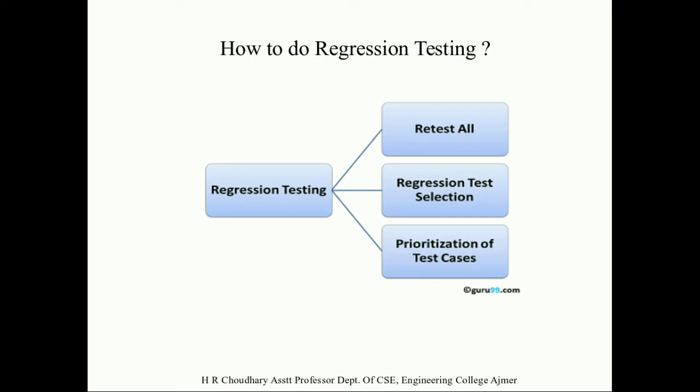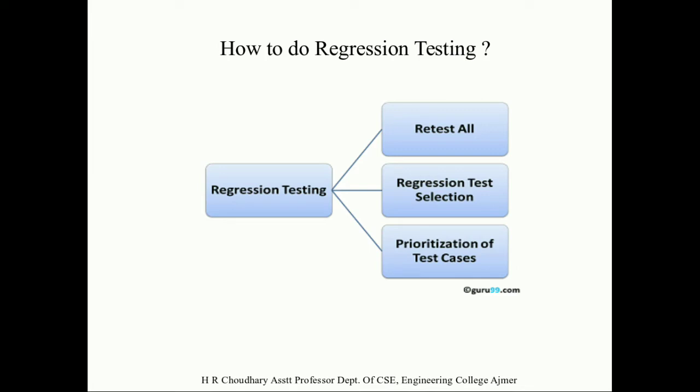This is one of the methods for regression testing in which all the tests in the existing test buckets should be re-executed. This is very expensive as it requires huge time and resources, because we are re-executing all the test cases which we already ran on the software. So that's why it is very time consuming and expensive. So normally we avoid this.